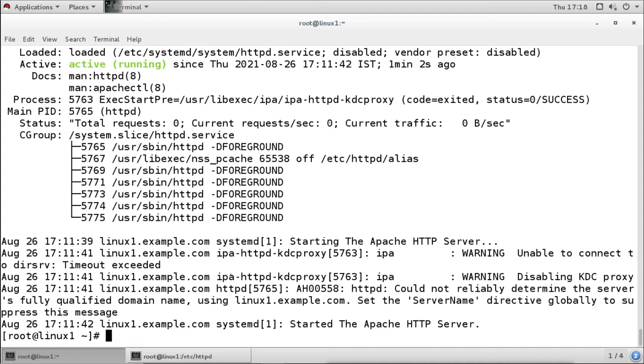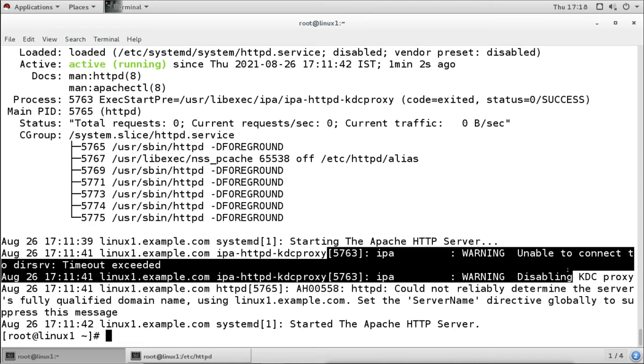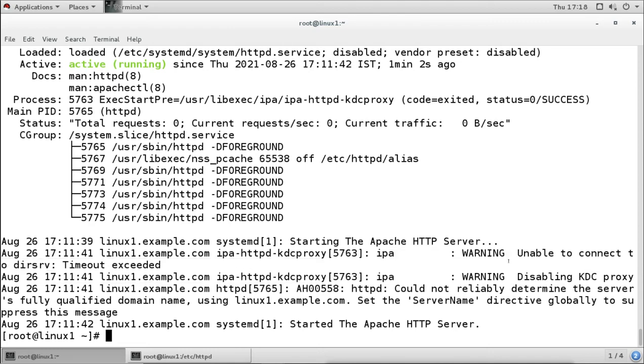The third thing here is HTTPD related. This is not related to the Apache server, it is related to another service. It is trying to connect to that other service because of the package which we have installed, and because of this file we have configured.